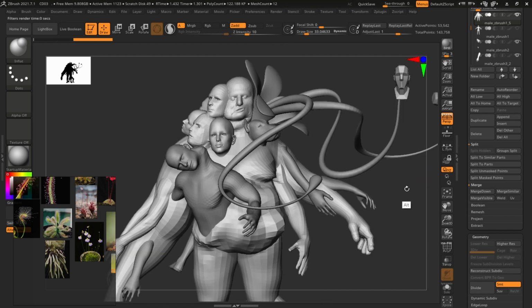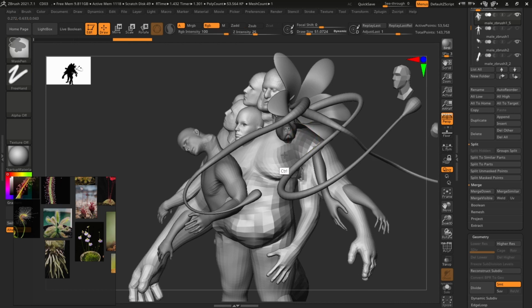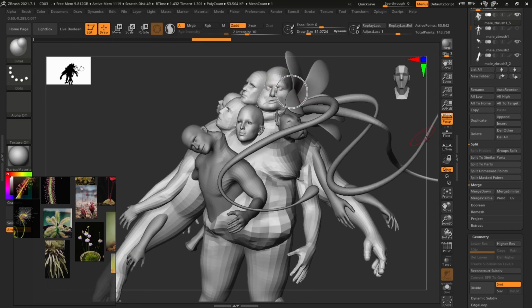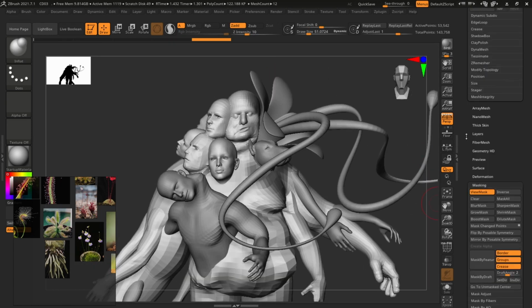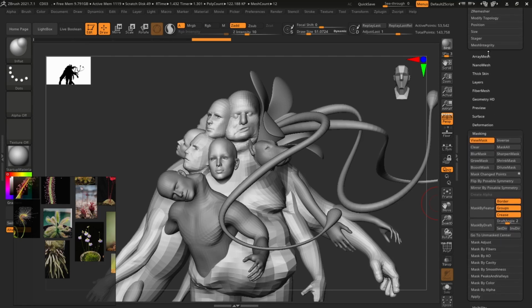Okay, let's see if we can use it here. Let's first mask the area that we want it to affect. Let's put it here and a little bit here, and then go to fiber mesh,